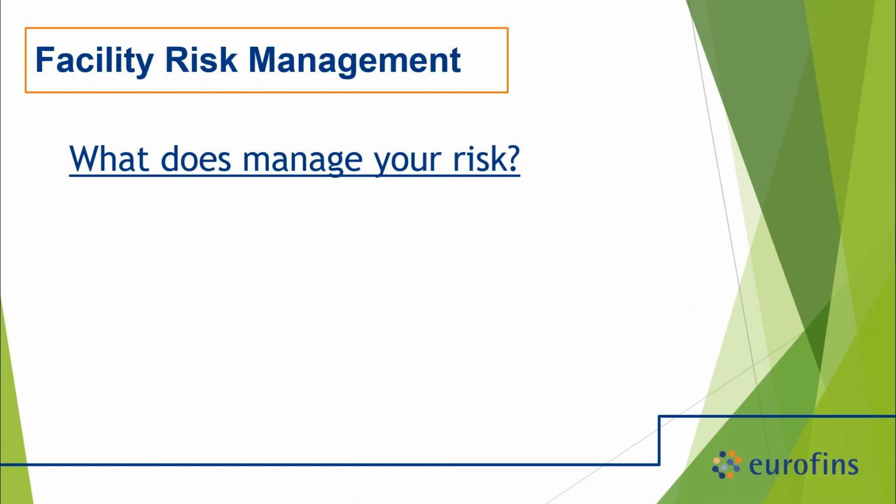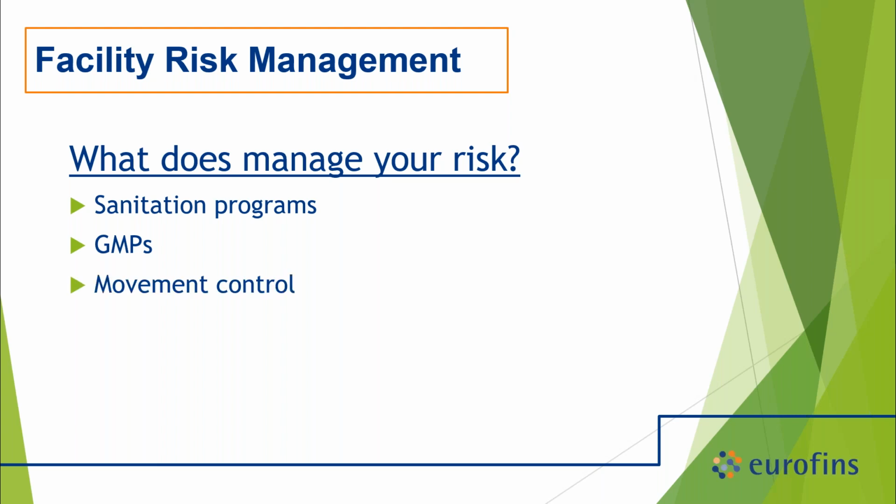All right, so what does it mean to manage your risk? How do you do it, right? So we have sanitation programs that manage our risk because we clean things and make sure they're not getting dirty. We have good manufacturing programs to make sure that our employees are handling product right, that we're storing things in the right way. We control movement so that we don't have forklift patterns and employee traffic patterns that are going to bring risk from higher, dirtier areas, maybe where you have your bins or your raw product receiving, near to your finished product.